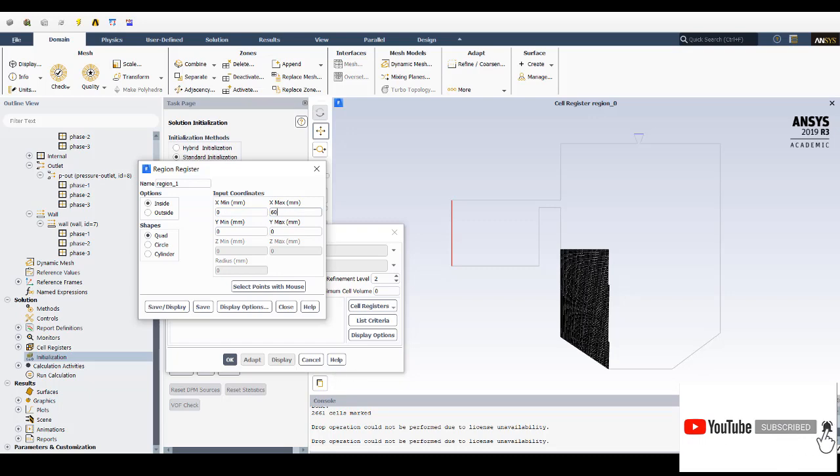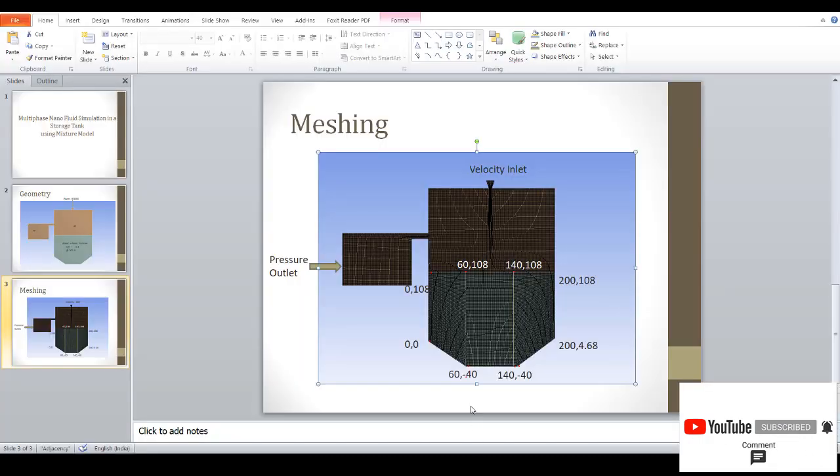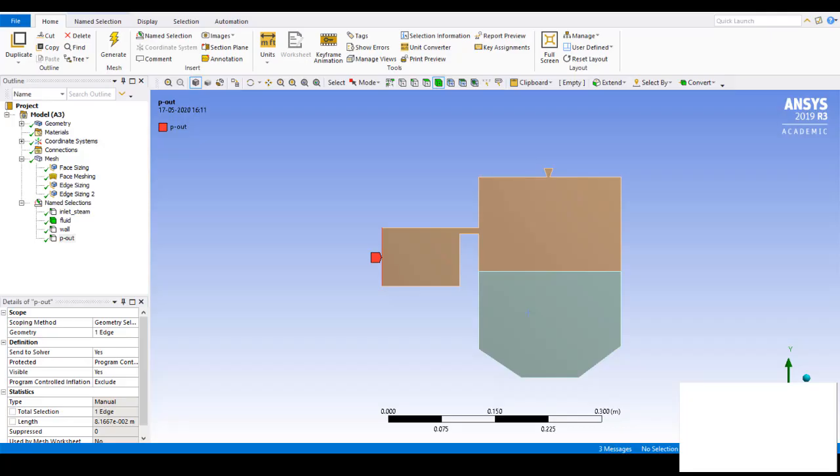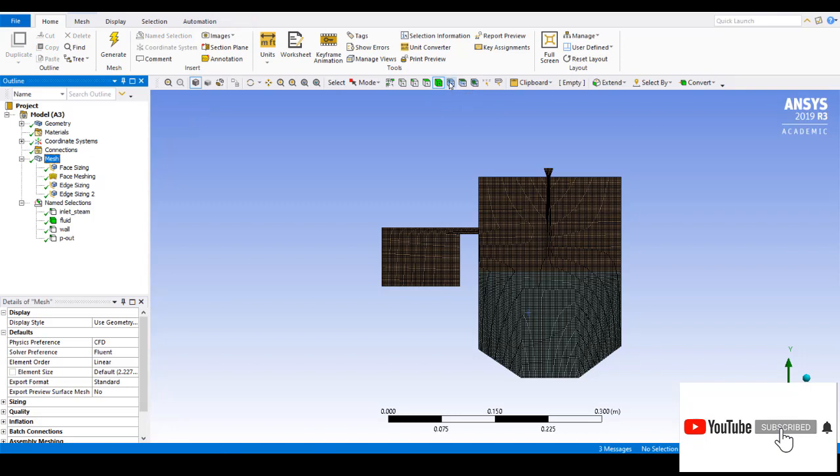Similarly, for y minimum and y maximum for the quadrilateral, y minimum is minus 40 and y maximum is 108. Where did you get this from? You can just go to the meshing, and if you click on this mesh, select this node. If you click on these edges or the nodal points,